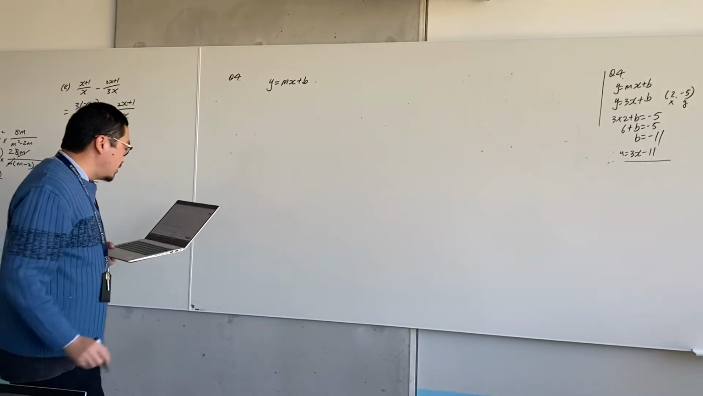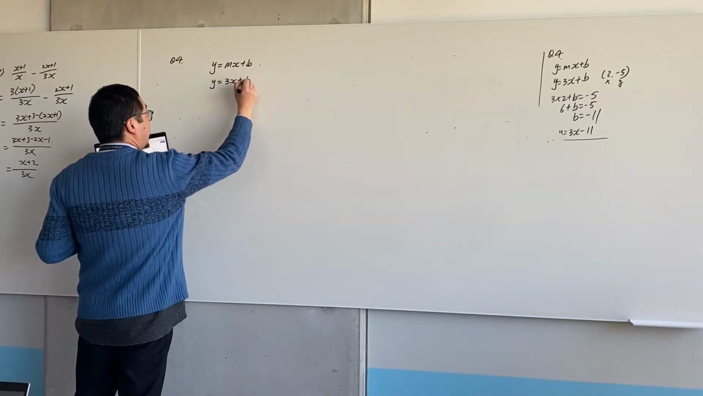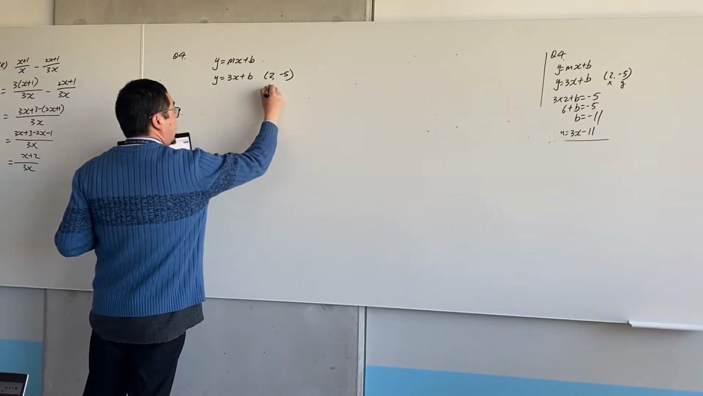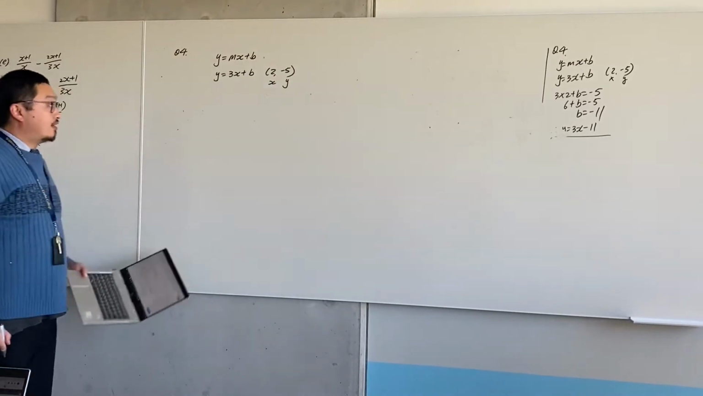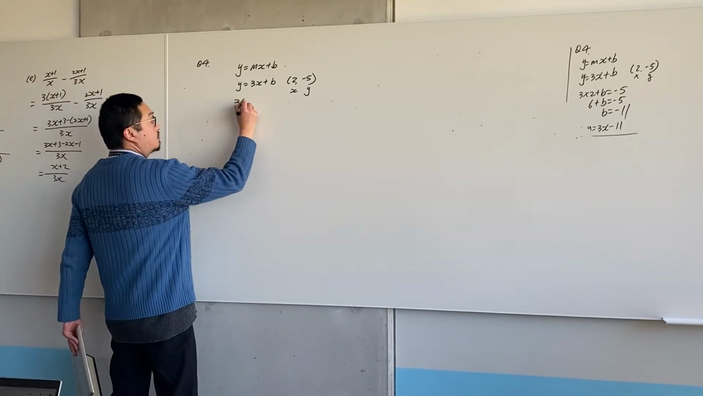And we know the gradient is 3. So we go y equals 3x plus b. We know the positive point (2, negative 5). That stands for x and that stands for y. So all we have to do is substitute the x and y into the equation, and we get